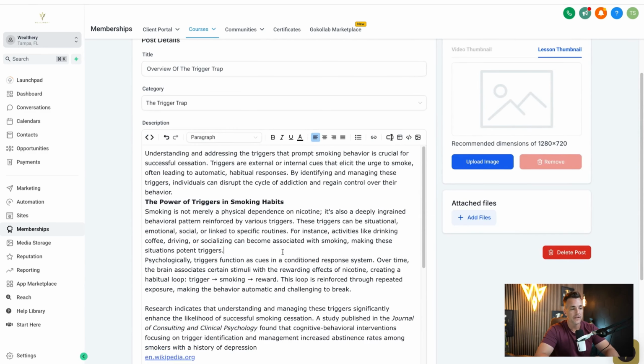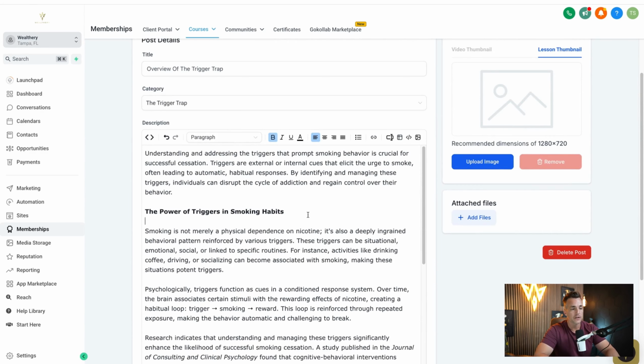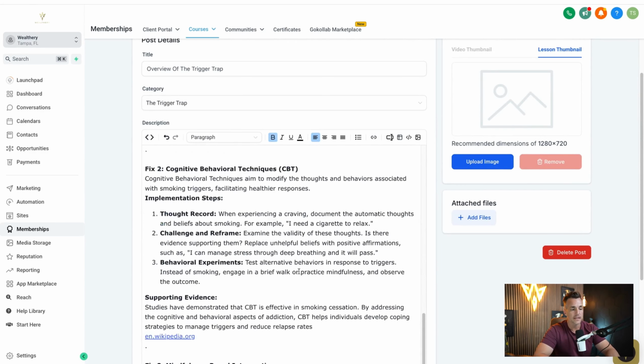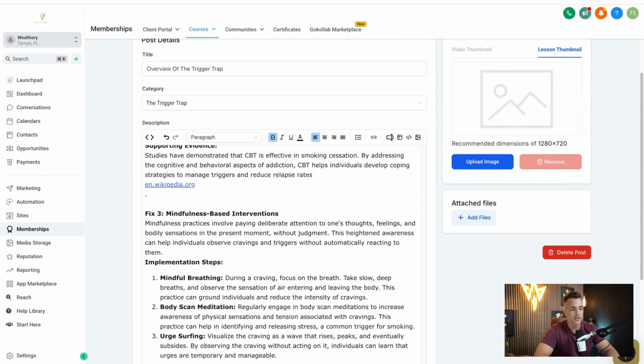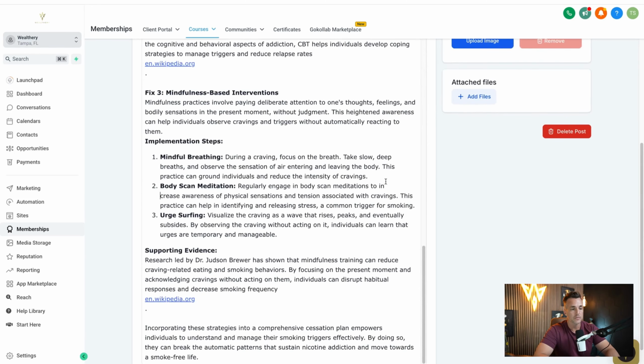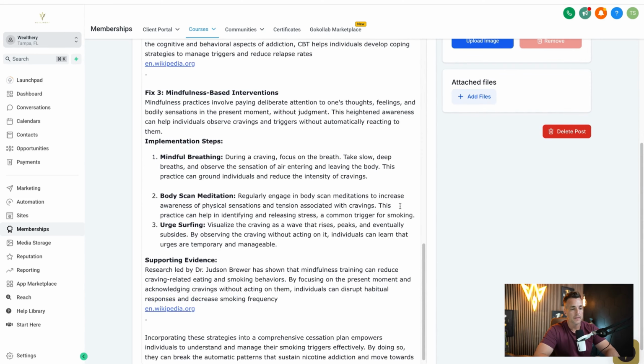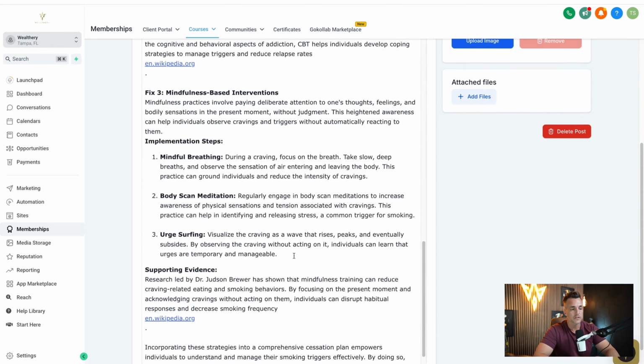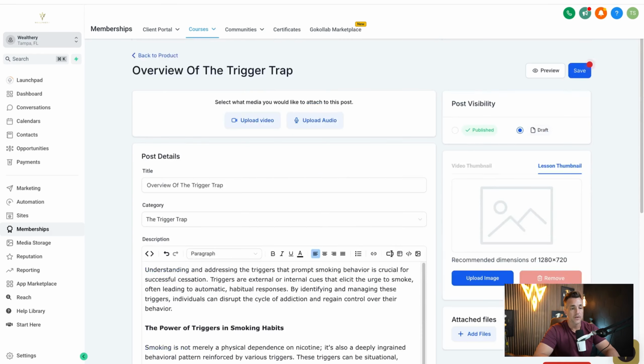I can go through here and make it look a little prettier, right? So you can absolutely format this thing so it looks a little bit better and it's a little easier to read. We don't want all the paragraphs to be immediately next to each other all the time. Space them out a little bit. All right, so we've got module 1.